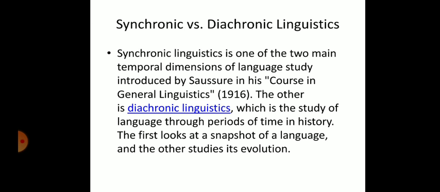You would be quite clear what these two terms stand for. As far as linguistics is concerned, these two terms stand for the temporal variety or time related variety of linguistic analysis, the analysis that has some relation with